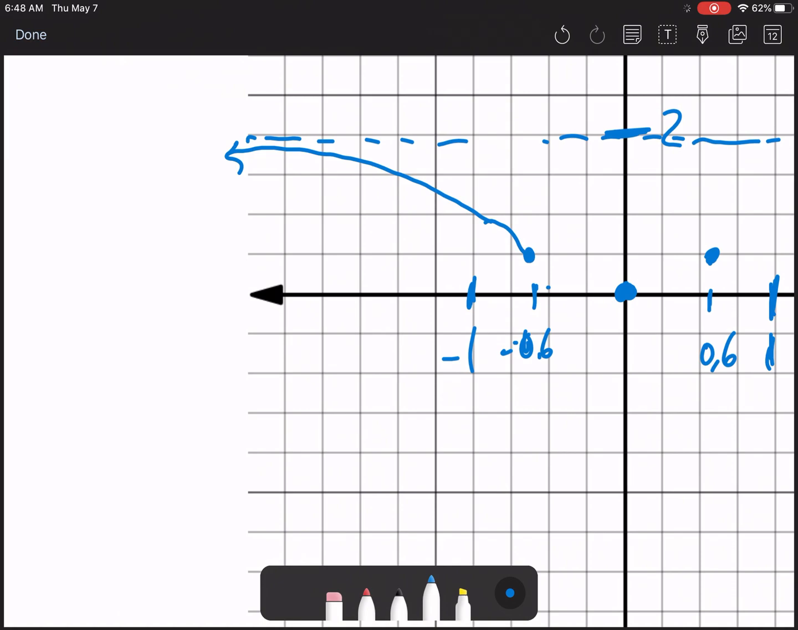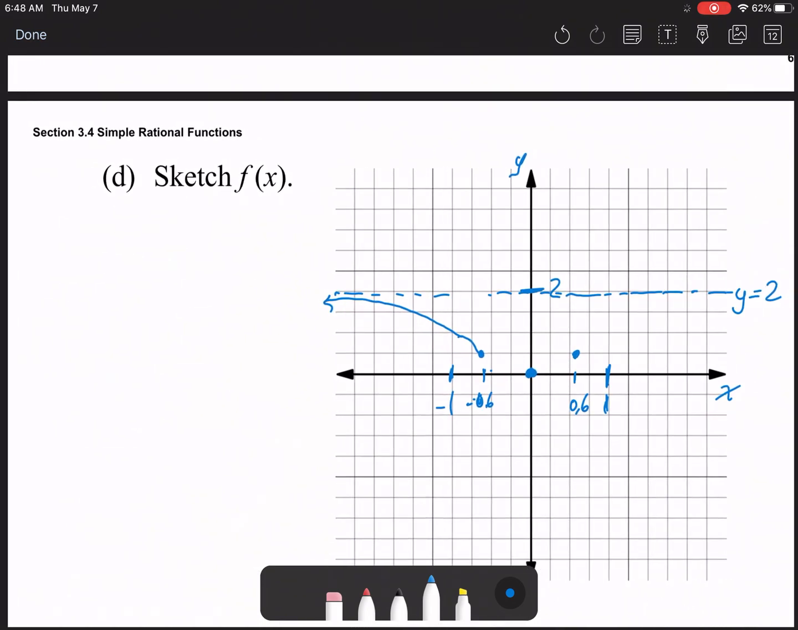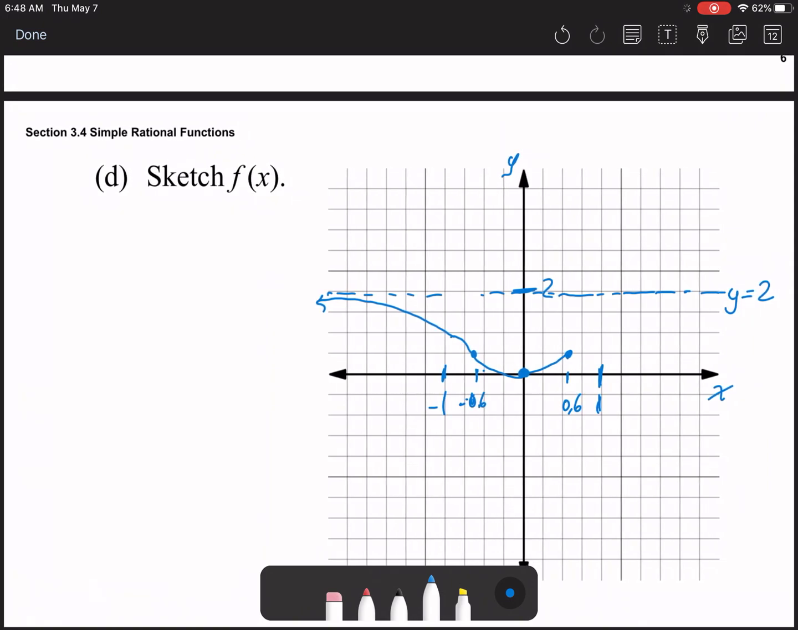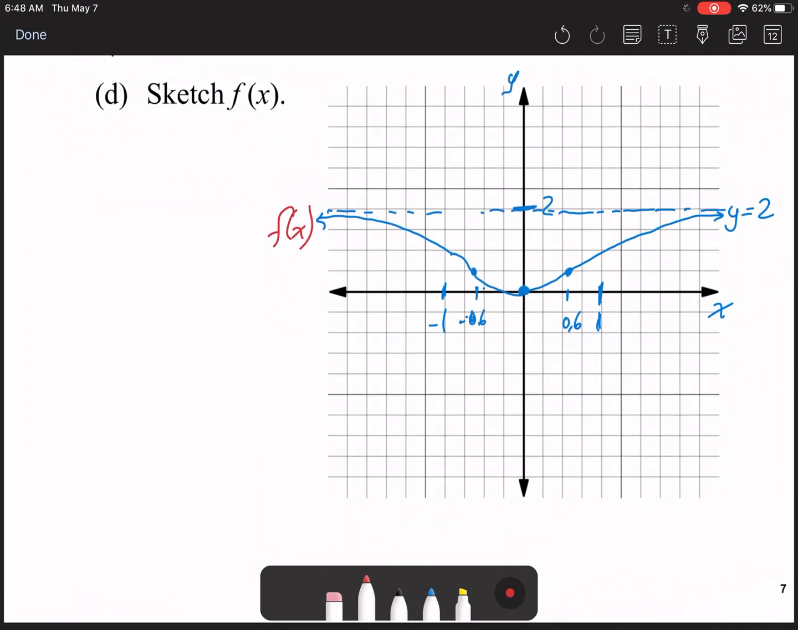between negative 0.6 and 0. Oops, a little too close. We had something that was concave up from 0 to 0.6. We had something that was concave up and increasing, and then still increasing after 0.6, but now starting to get concave down. You get this kind of shape. And that must be what our function looks like. And thus concludes